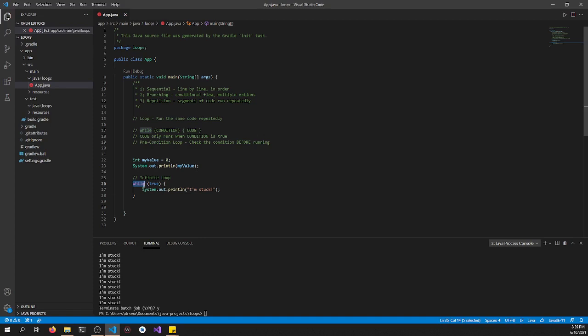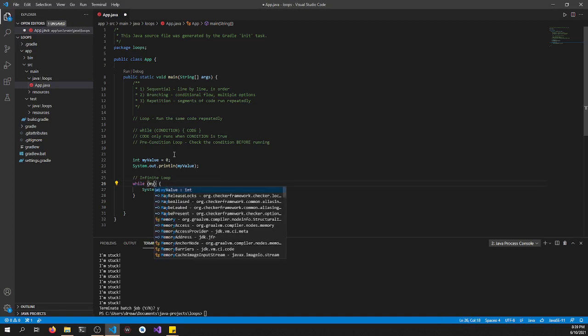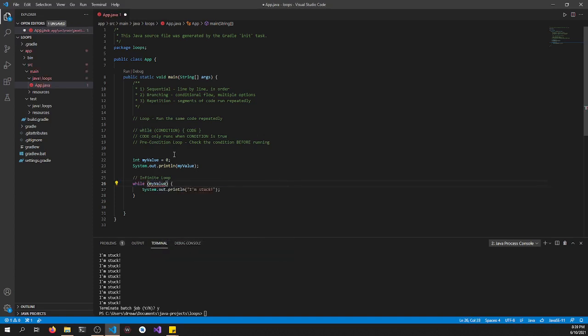Now, this isn't the only kind of loop we can do. We can make more interesting infinite loops. For example, I can say a condition here. My value is greater than 0. Now, if I start my value with a value of 1, and I run this code,